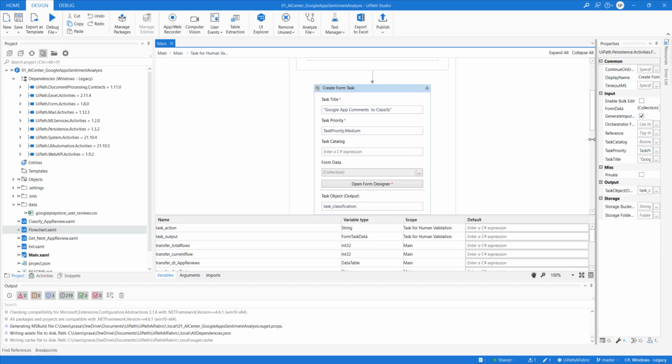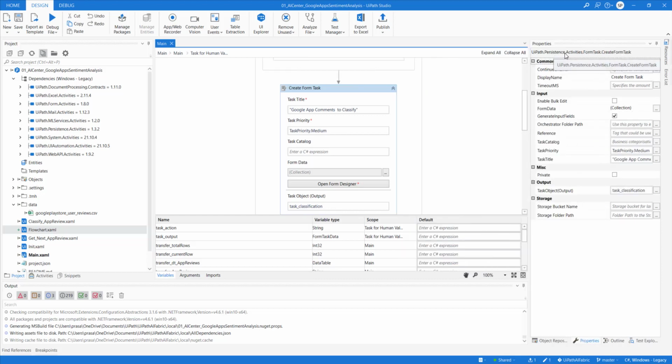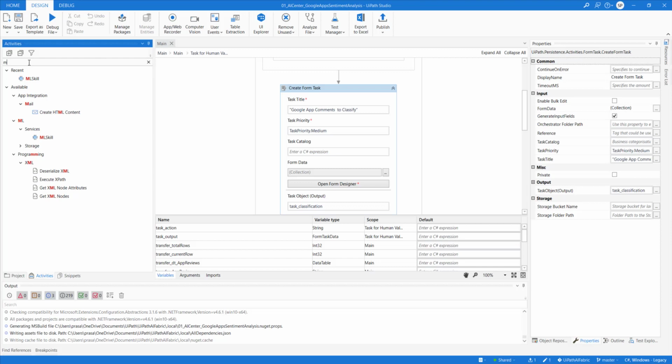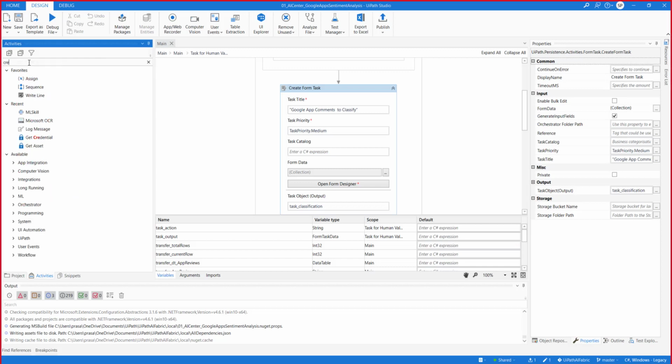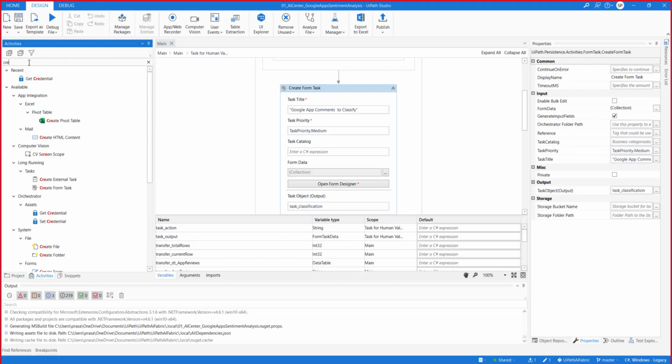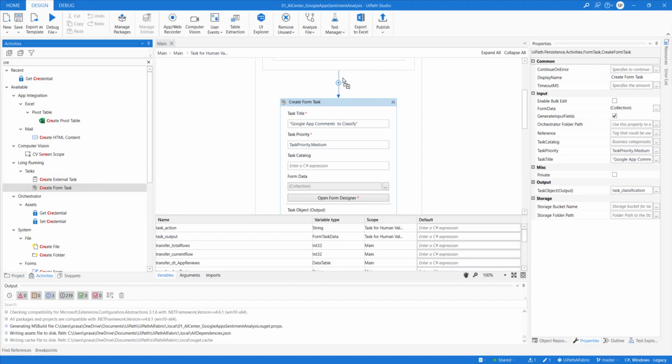And this is available in the UiPath persistent activities. I told you if you need to run an automation which contains resumption and suspension, you need to use this persistent activity. And in the activity, you should be able to use create form task. This one. So let's drag and drop it here.